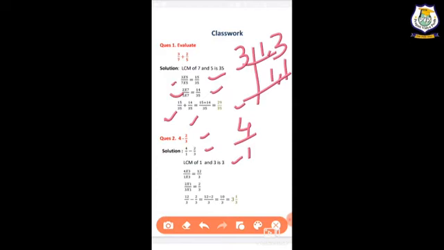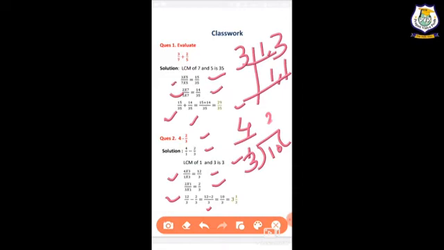It means we will have to make both denominators 3. So for 4 by 1, in the 1 table 3 comes 3 times, so we will multiply both numerator and denominator by 3, so it's 12 by 3. For 2 by 3, 3 is already there, so we can multiply by 1, or you cannot multiply, it's up to you. So it's 2 by 3. Now I have written 12 by 3 minus 2 upon 3. Denominators are the same, so we write it one time: 12 minus 2. When we subtract 2 from 12, we get 10. It's 10 upon 3. Now it is an improper fraction, so we will have to convert it into a mixed fraction, right?